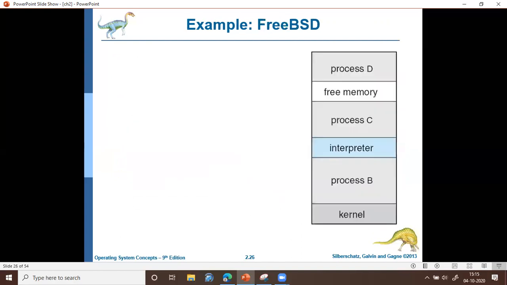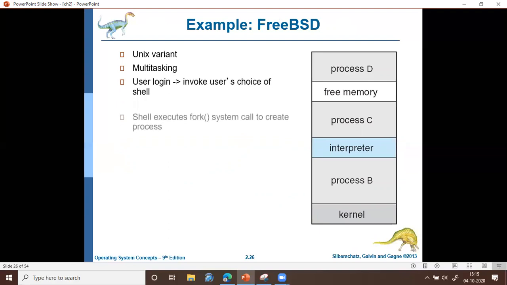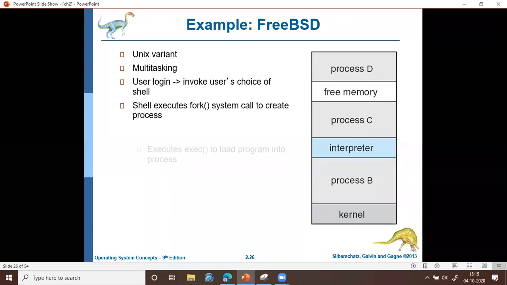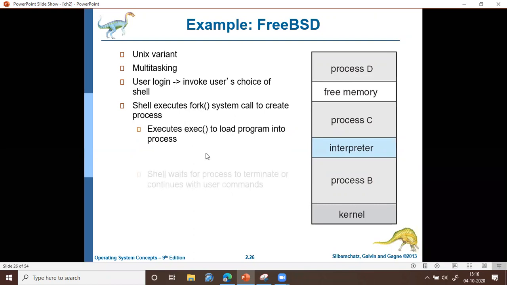Whereas FreeBSD is a Unix variant kind of operating system. It is a multitasking operating system. Here multiple programs, multiple processes, can reside in memory simultaneously. New processes are created by using the fork system call, and new processes are loaded and executed by using the exec system call.